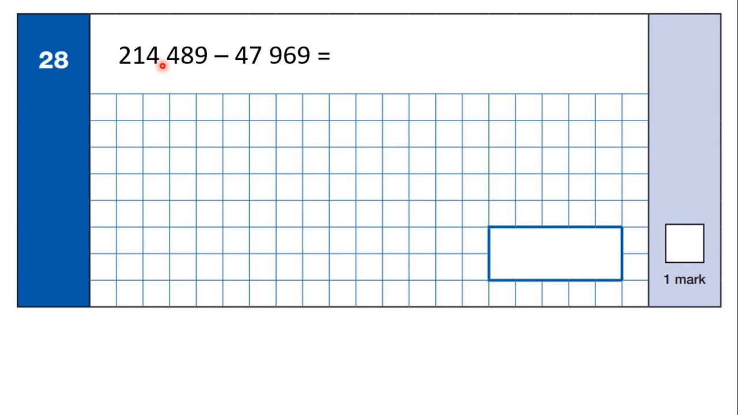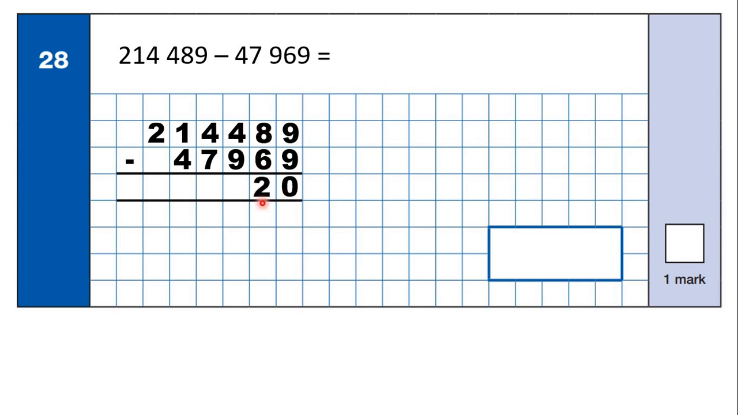Question 28. 214,489 minus 47,969. So we can set this out as a column subtraction, making sure we've got the digits lined up on the right hand side. 9 minus 9 is 0, 8 minus 6 is 2,